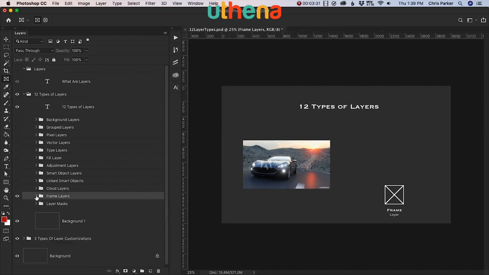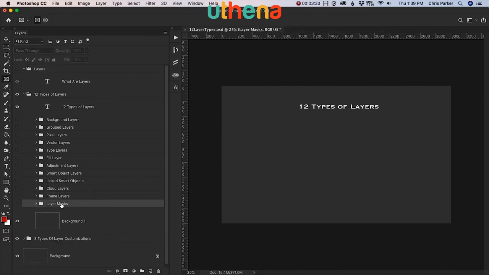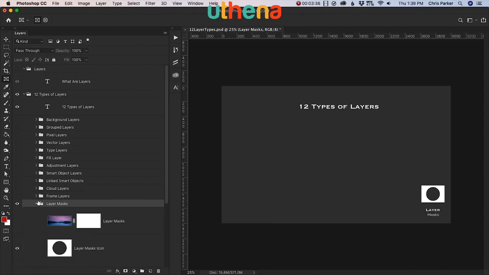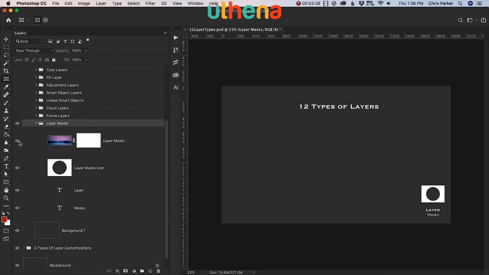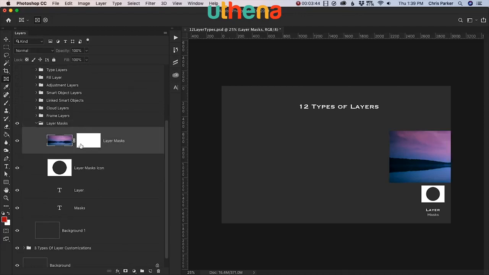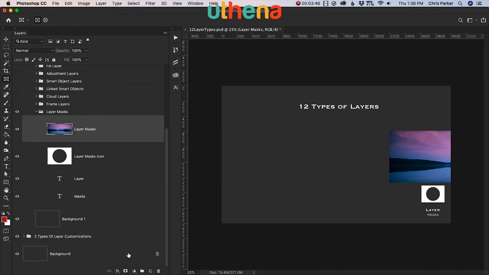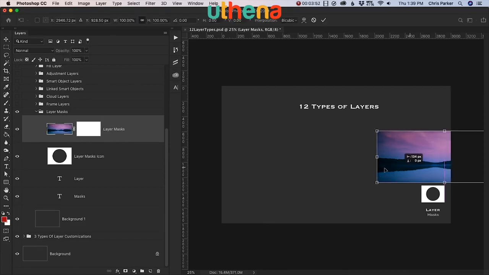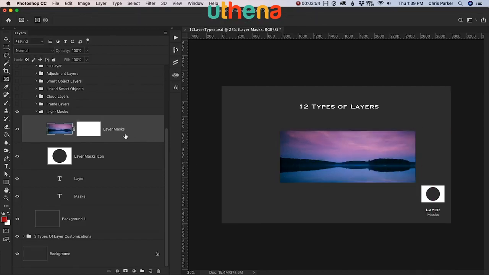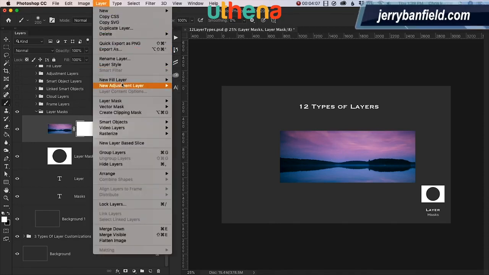Now, another one of my favorite types of layers is the layer mask. So a layer mask can be added from down here, and once you add it to your image or to your adjustment layer or other types of layers, you can precisely control how a specific edit is being applied to that pixel layer. So it gives you the precision and control for your creative vision. So instead of adding an adjustment or an edit to the entire document or the entire image, you can specify exactly where you want to